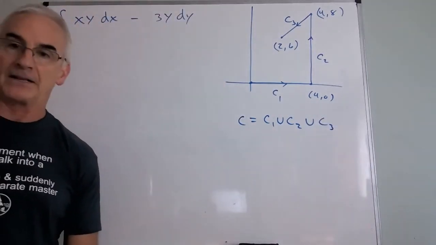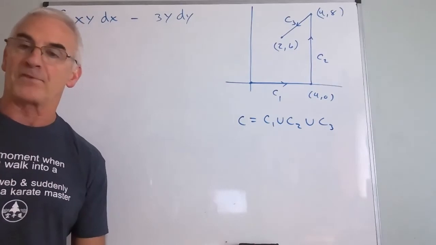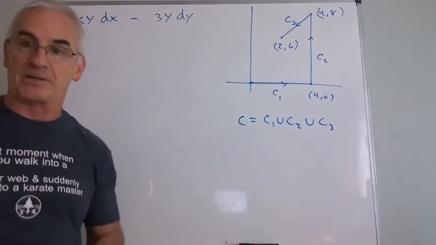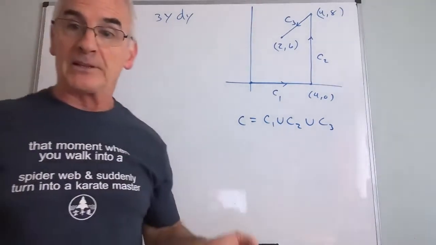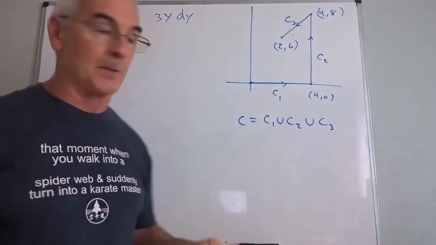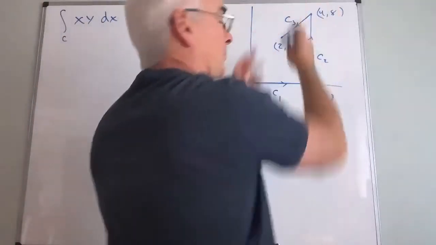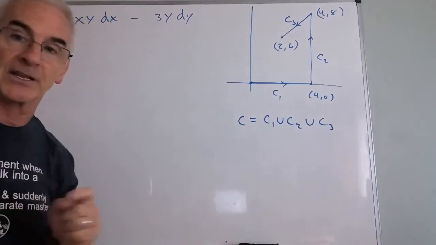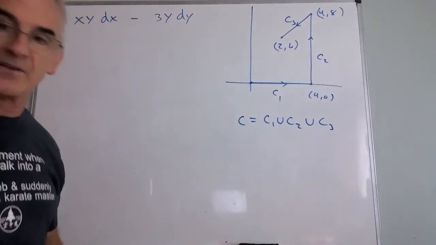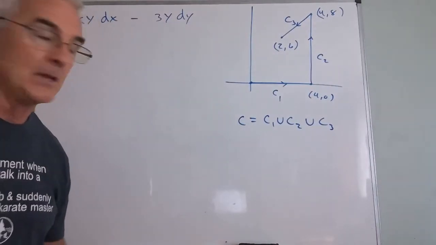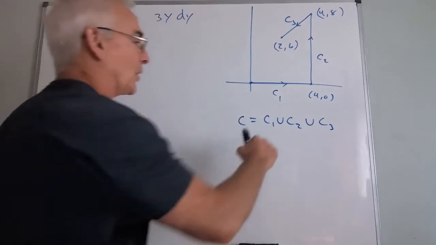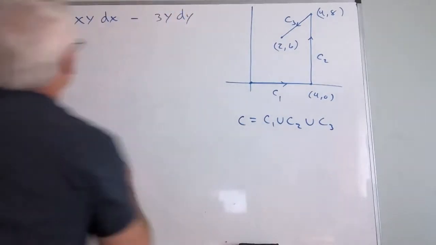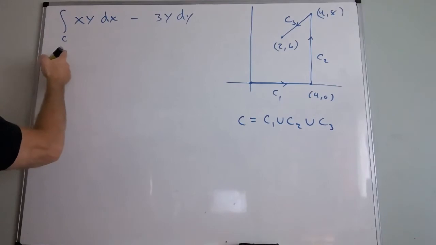So my final answer is going to be the sum of 3 completely separate and independent integrals. I do 3 completely different problems, one at a time, each with their own unique parameterization. There is no such thing as a one-size-fits-all when I have multiple paths. So let's do it one at a time. Along C1,